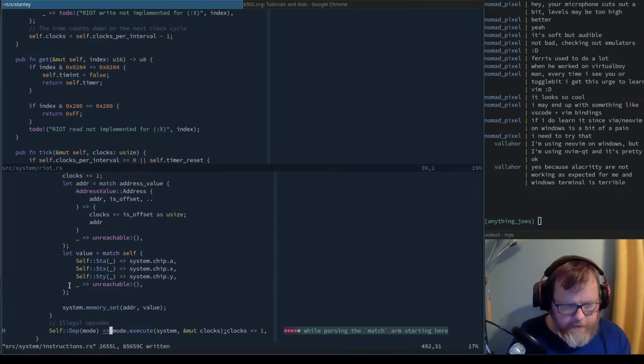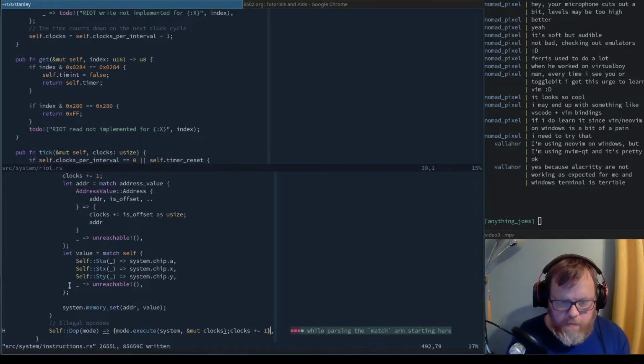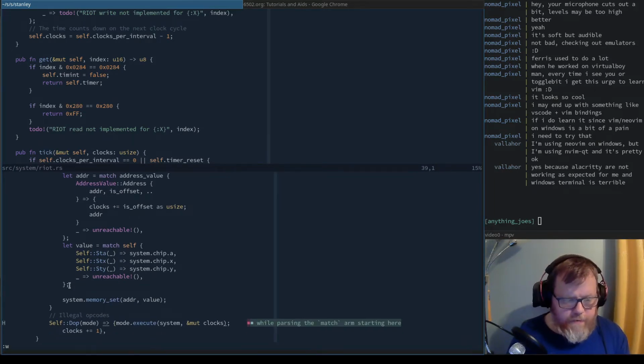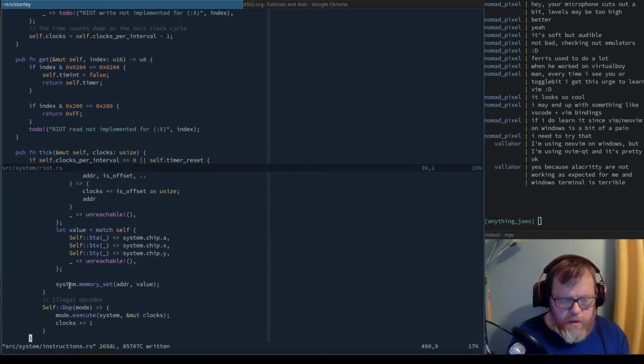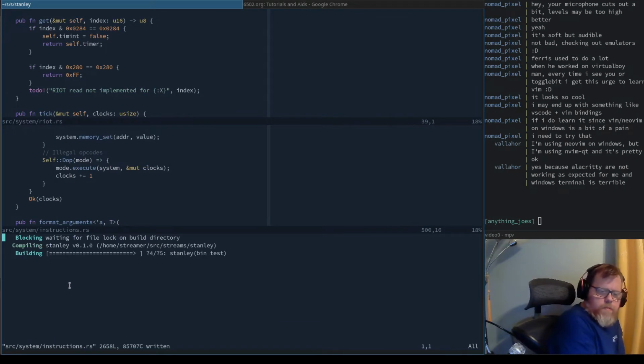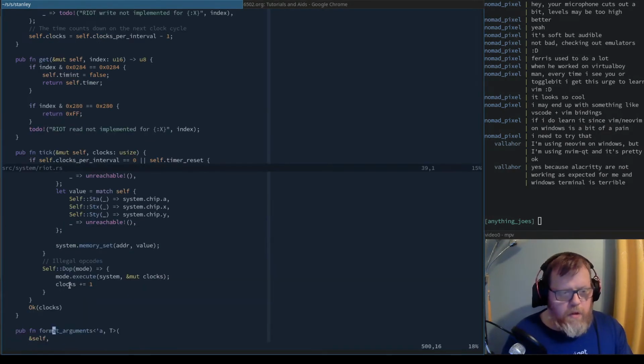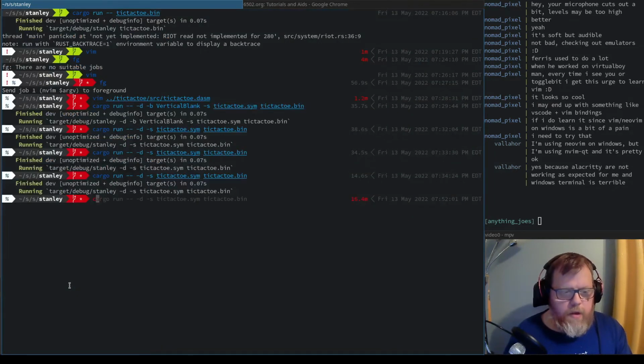It doesn't like this because I need to... and it should format that properly. Good thing I tested it. Great. Okay, so then when we run,